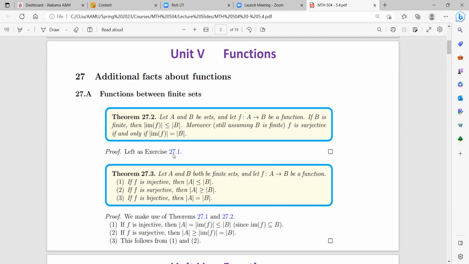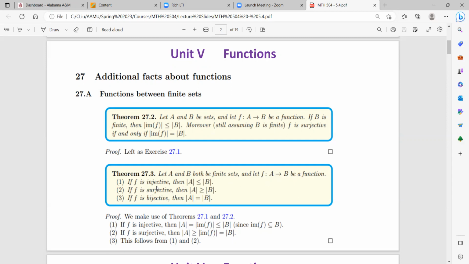Okay. The next theorem is also pretty straightforward. This time we talk about A and B both finite. It is just an extension of the previous two theorems, where one assumed A is finite and the other assumed B is finite. So this time we assume A and B are both finite, and again, f is a function from A to B. Then